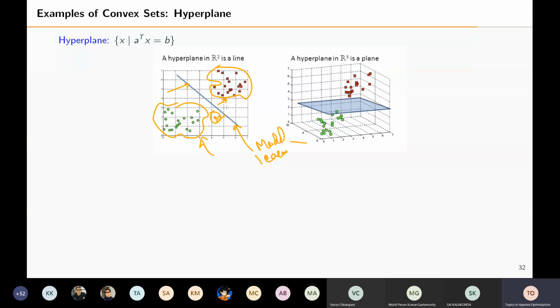The natural question is, what are the guarantees that you will find such a hyperplane? Right, what is the guarantee that you will find such a hyperplane that can separate these two classes? So there is something called the separating hyperplane theorem, and these things are assumed when you are doing data science problems. You assume that if you are building a linear classifier like here, you assume that, because if your data is not